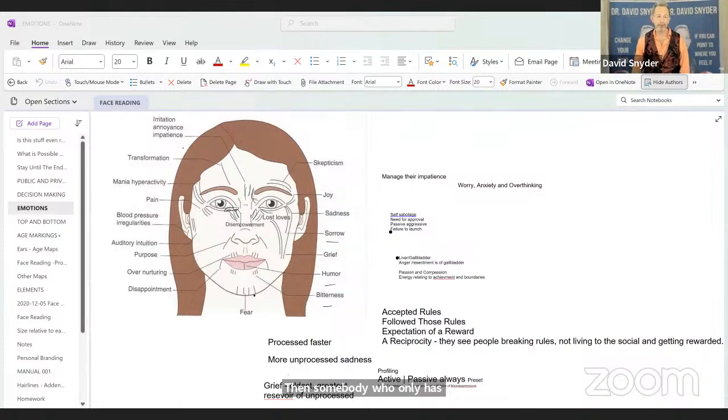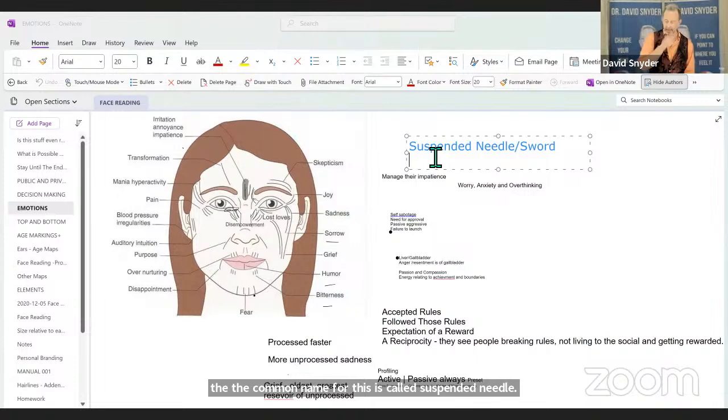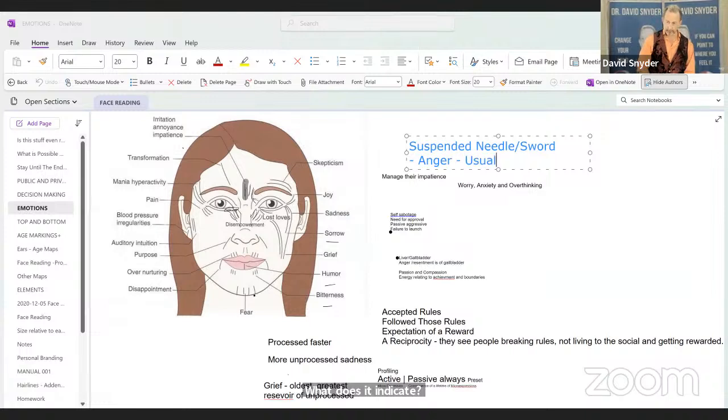Every now and then, you're also going to see somebody who has one big line or one line right down the center. Now, there are many names in the Chinese systems for this marking. However, the common name for this is called suspended needle. If it's really big, they call it suspended sword. What does it indicate? Anger. Usually at the authority figure